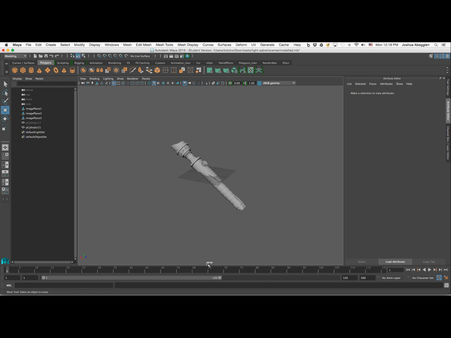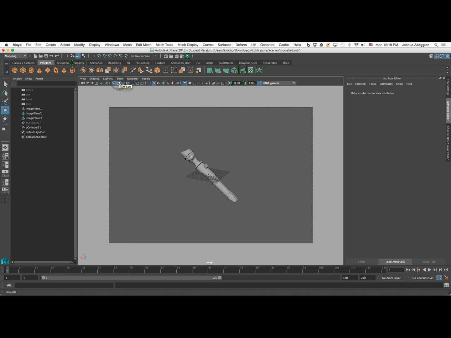Okay, in this tutorial, I'd like to walk you guys through the process of doing some basic three-point lighting on this object, in addition to playing around a little bit with some of the default materials that are available to us here in Maya. Okay, so the first thing that I'm going to do is go ahead